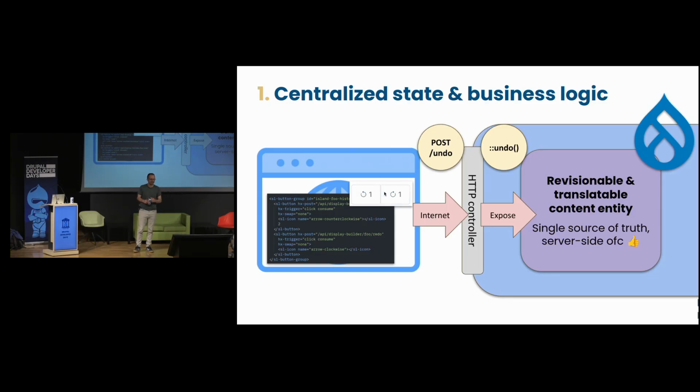Not ready yet, but we are very soon. So this entity is a single source of truth. We are not keeping any state on the browser, because keeping state in the browser and synchronizing it with the server is the source of the mess. We keep only a single state in the best place you can keep a state, Drupal and the database. Now, we are altering this state, this content entity.